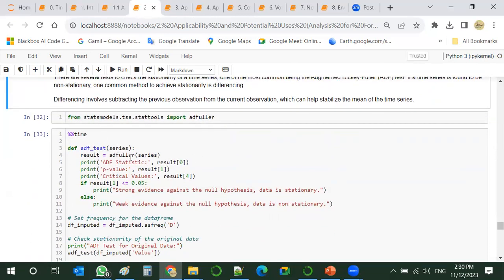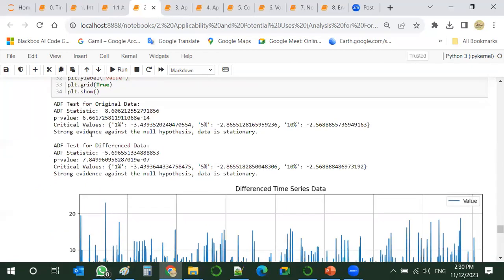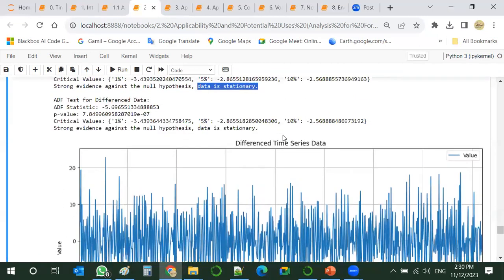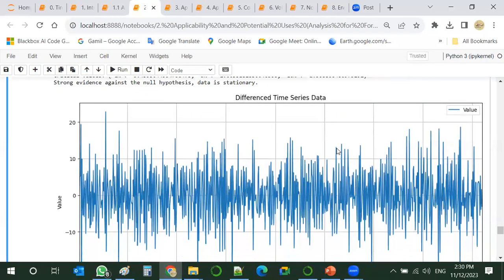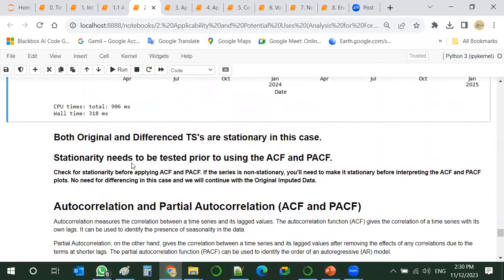So this is the test for stationarity, and it really clearly stated that the data is stationary, and the differenced time series data as well, giving the same result.